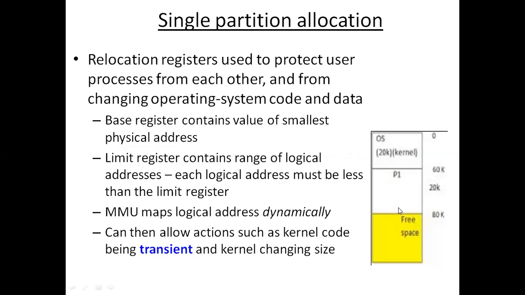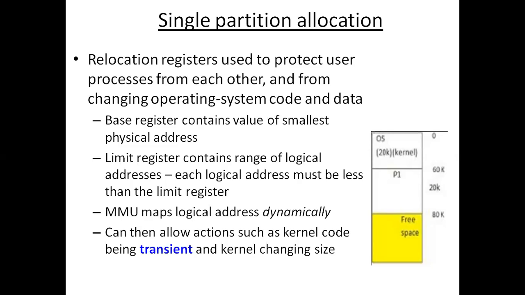So if you look at this diagram, we have one process, say P1, okay? And below it, we have the operating system, basically the kernel, which is occupying the lower memory address. So here what's happening, the process P1 is of size 20K, right? So this process, without being broken into pieces, is placed entirely onto the main memory. So that time I call it a single partition allocation. Okay, so the process is not partitioned. It is not broken into pieces. The entire process is placed in one contiguous allocation.